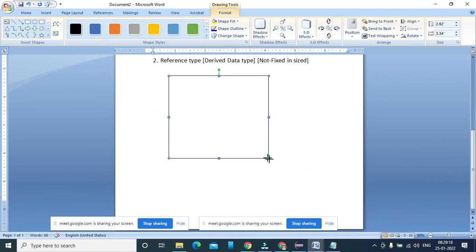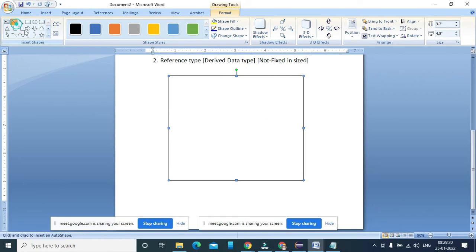We are not using pointers in Java. That doesn't mean the pointer does not exist. The pointer concept exists here in Java, and it is called a reference variable. We are not declaring it like int star ptr, but whenever you use the new operator, you are actually giving a reference, and that is the reason we declare an array in a different way here.